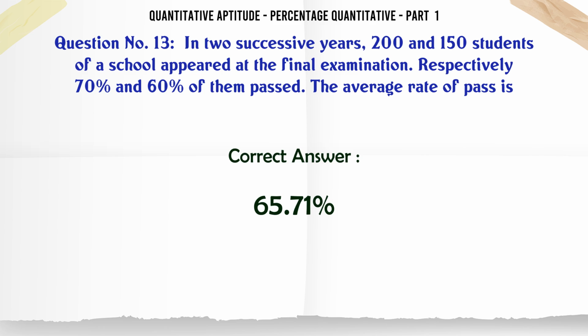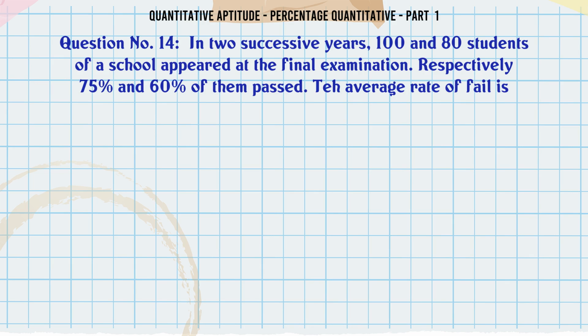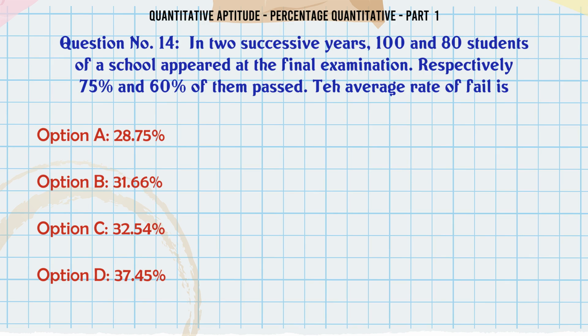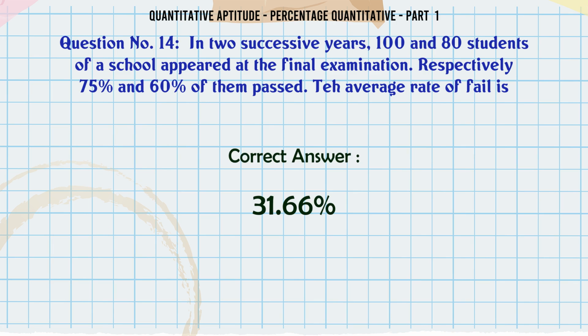65.71%. In 2 successive years, 180 students of a school appeared at the final examination. Respectively 75% and 60% of them passed. The average rate of fail is A 28.75%, B 31.66%, C 32.54%, D 37.45%. The correct answer is